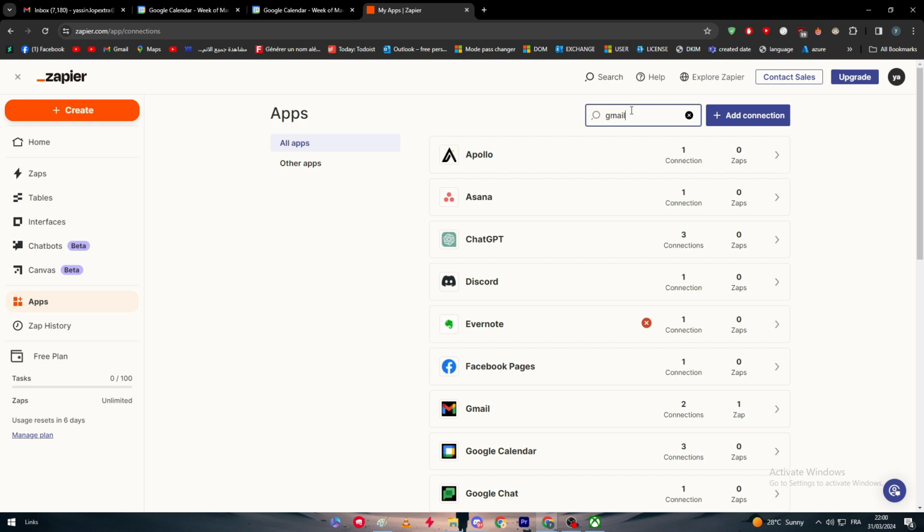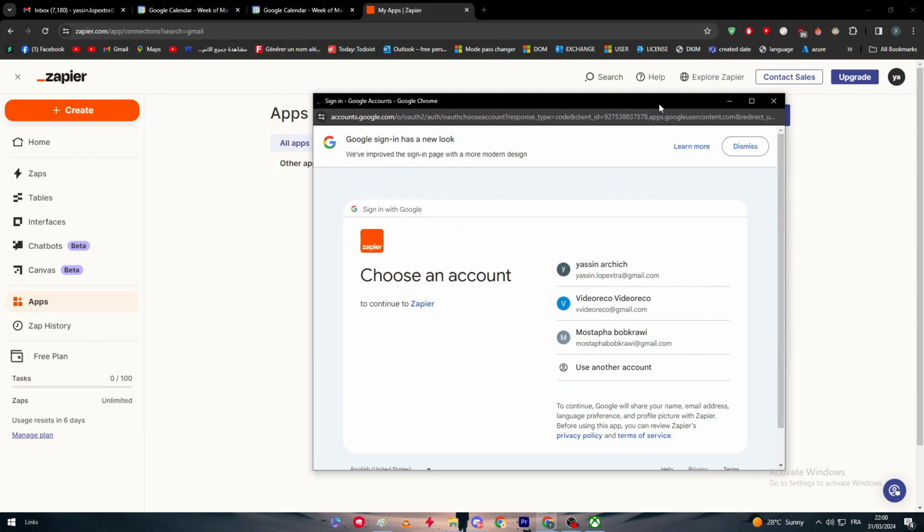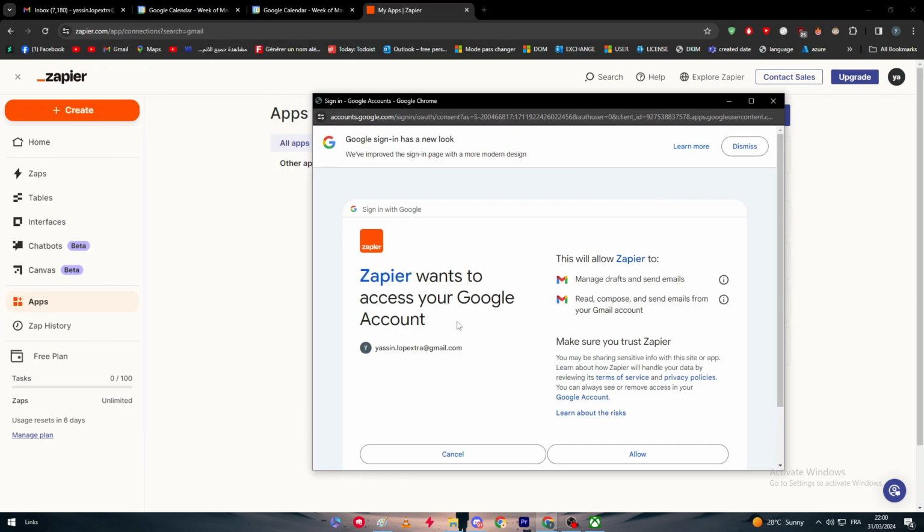So let's search for Gmail. There we go. Here I'm going to connect this Gmail account, so simply click on here and choose the account that you want to be connected. I'm going to choose this one and then click on continue, and then I'm going to